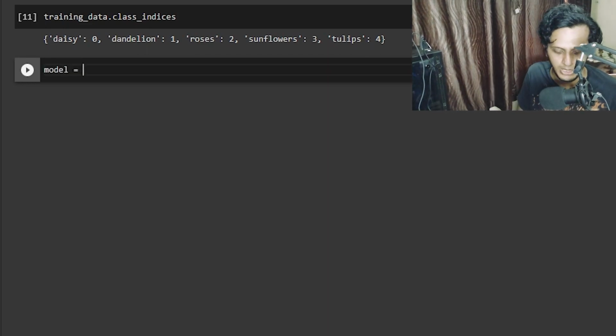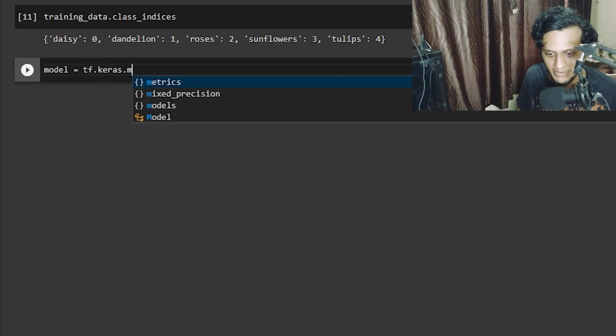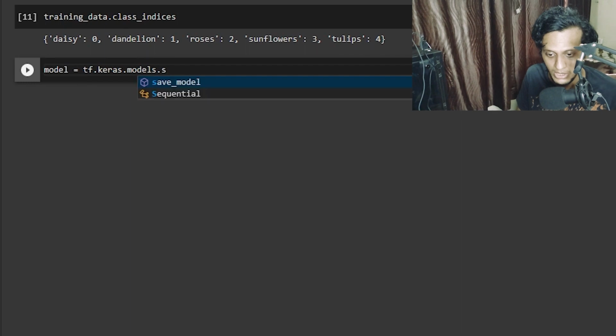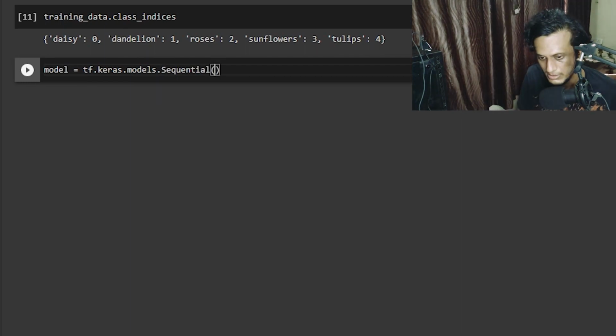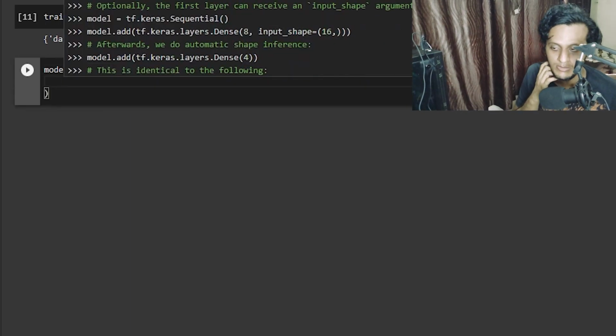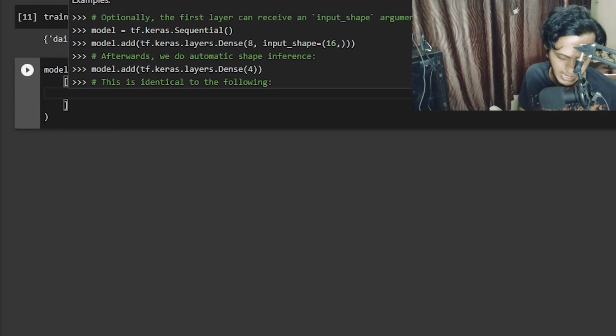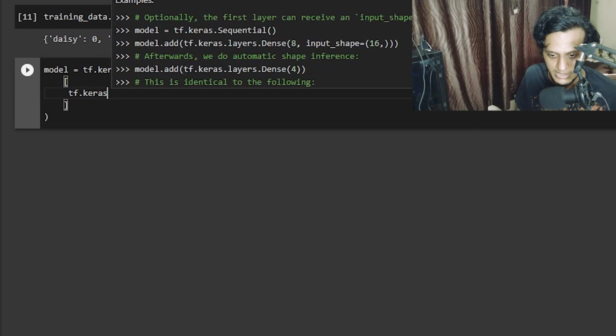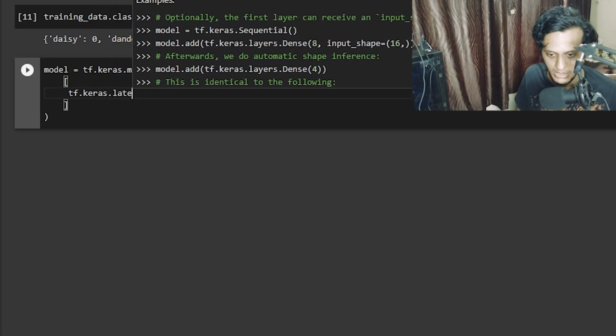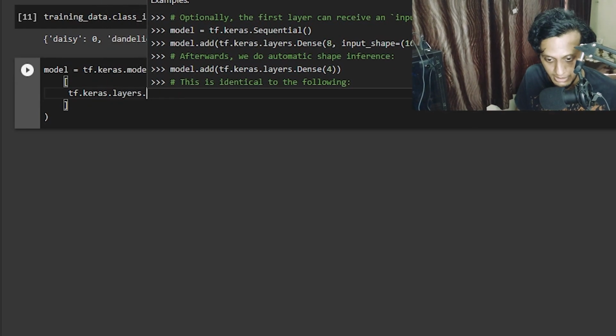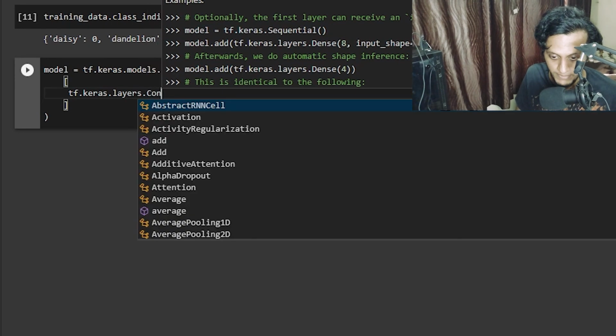is equal to tf. This is just the thing that we have been doing till now. So I'll say sequential, tf.keras.models.Sequential. All right, and in this I'll say tf.keras.layers, and the layer is going to be Conv2D.